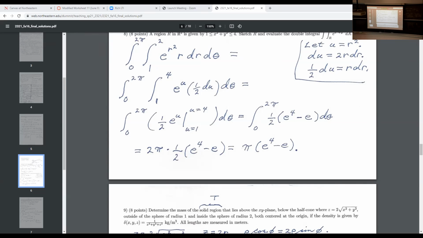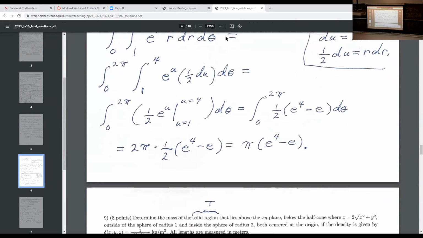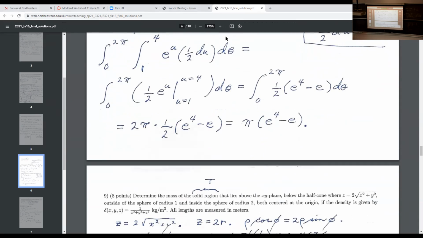Then we are doing number 9. All of you took down the problem. This is 1 over x squared plus y squared plus z squared. Okay, so try it first and